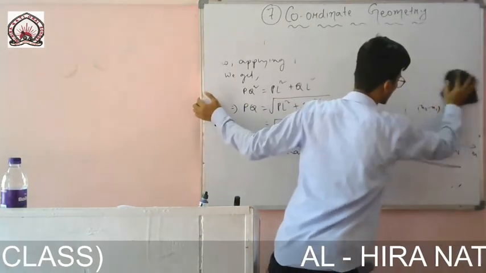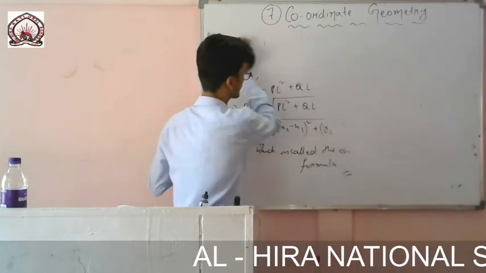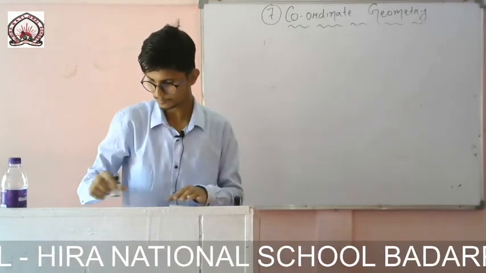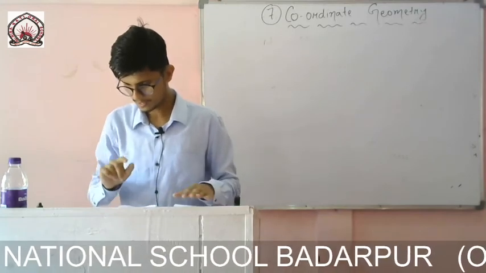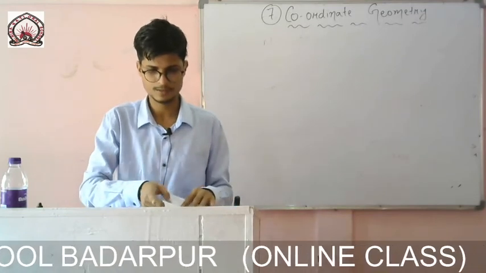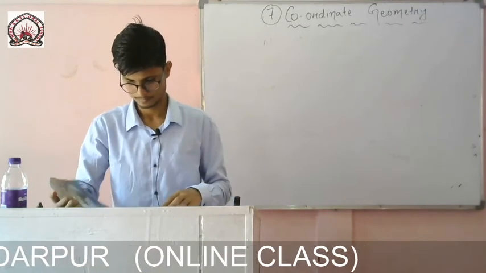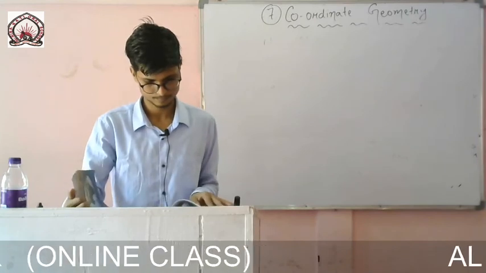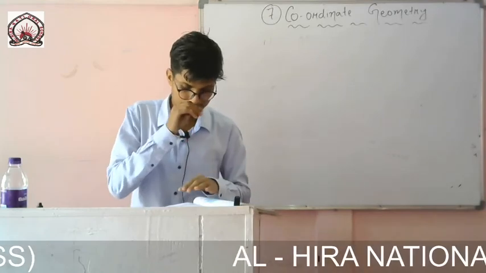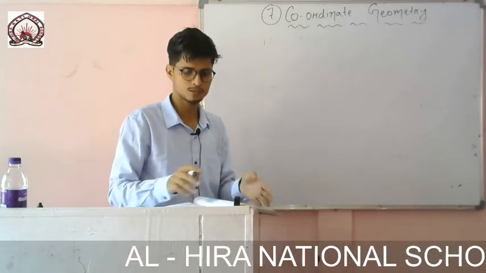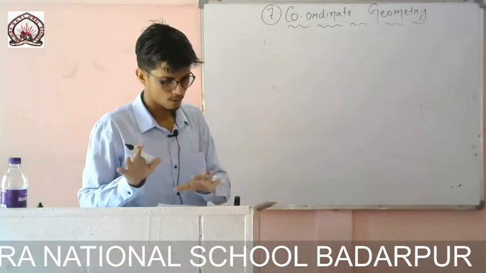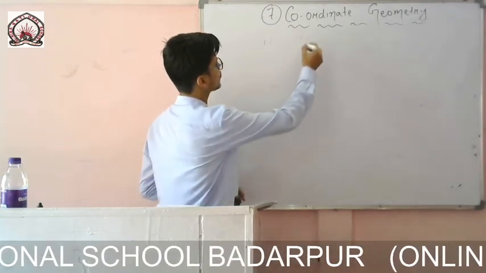Now we'll try to do some examples so that you can make it clear. So now let us go to the exercise. I will do the examples also, but we'll do them one by one in a systematic order. So for the first question, you see exercise 7.1, because just now we have done this formula, and if I solve these sums, then the concept will be clear to you.